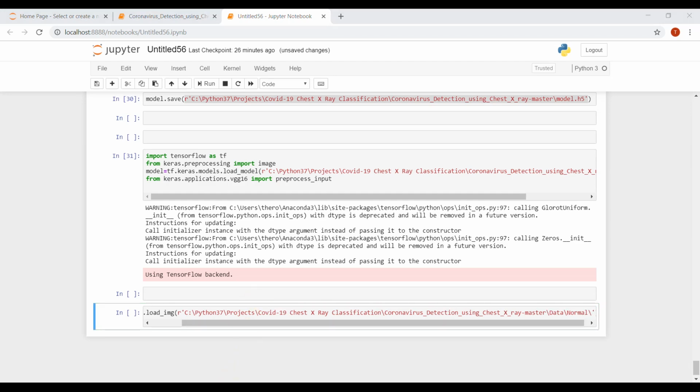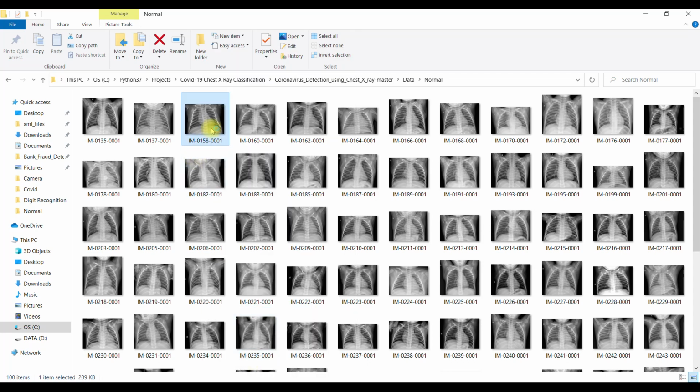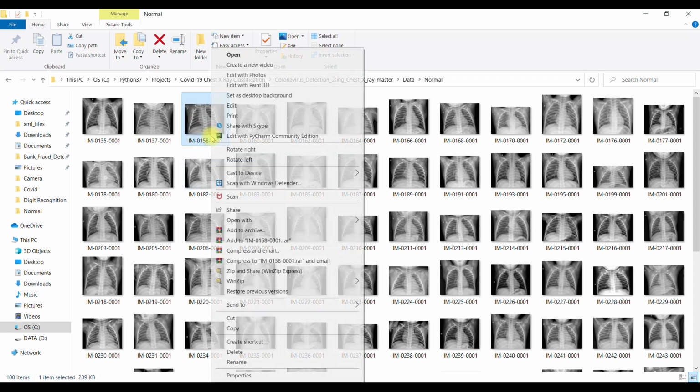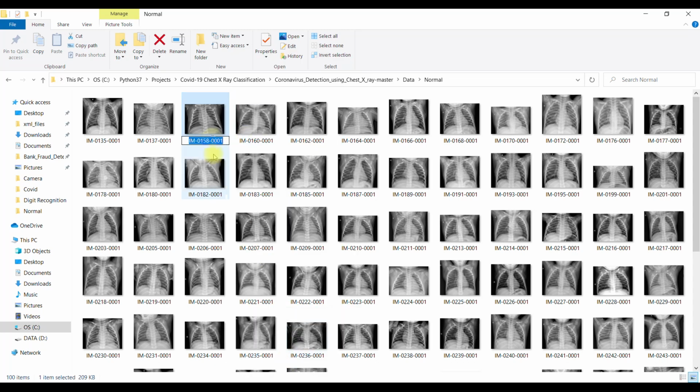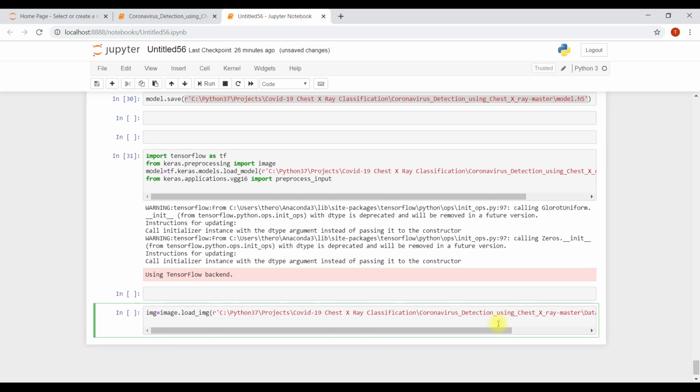Which image do we want to load? Let's say this one. I think it's in jpg format, not png.